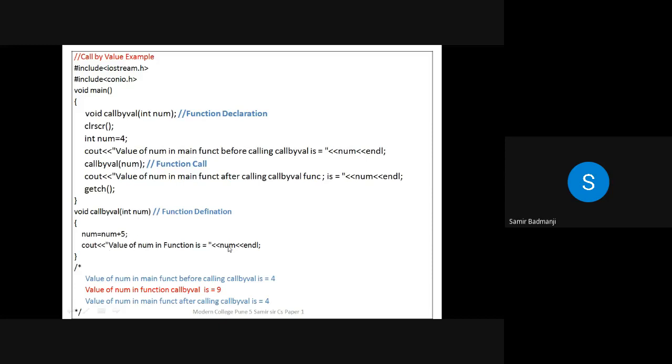So what will be the value of num here? See, 4 is passed to this function, so obviously num will be 4. Num is 4 here.